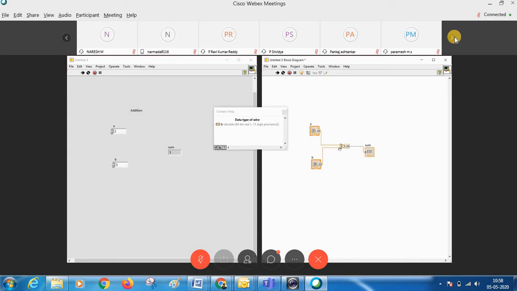And one more difference is, while you are writing text programming, you should know the syntax. How are you supposed to use that function? Let's say you want to write printf, you should know the syntax of that. Similarly, for all the functions, you should know the syntax, and only then can you write the program. But in graphical programming, syntax is not required.